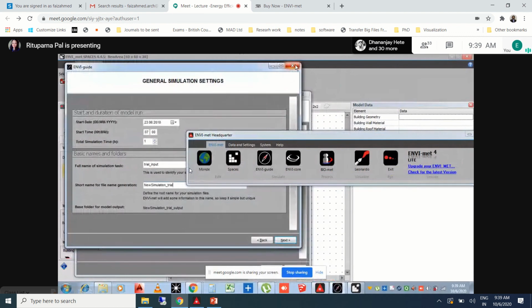You have to give a setting here based on the file that you are creating, which Ritu has created, like trial input. It is actually another file that will help the model to be simulated. So this file says simulate this for 1 hour, and accordingly it will work. This is a file created for running the simulation. I hope I am clear. Is it right, Ritu? Correct, sir.